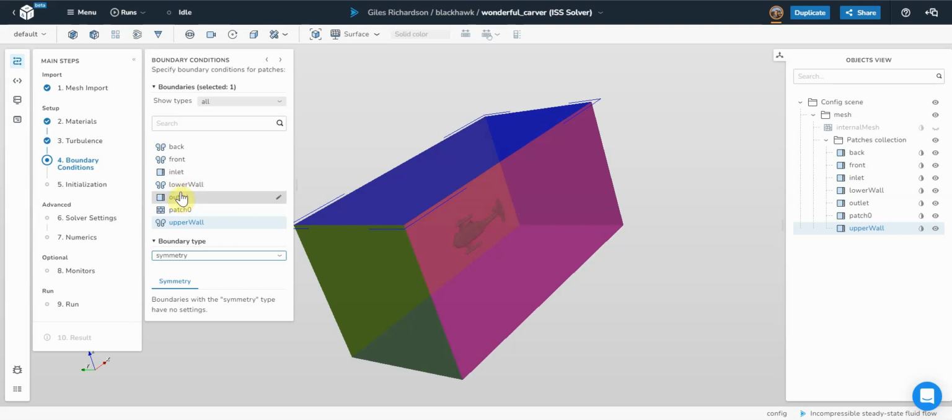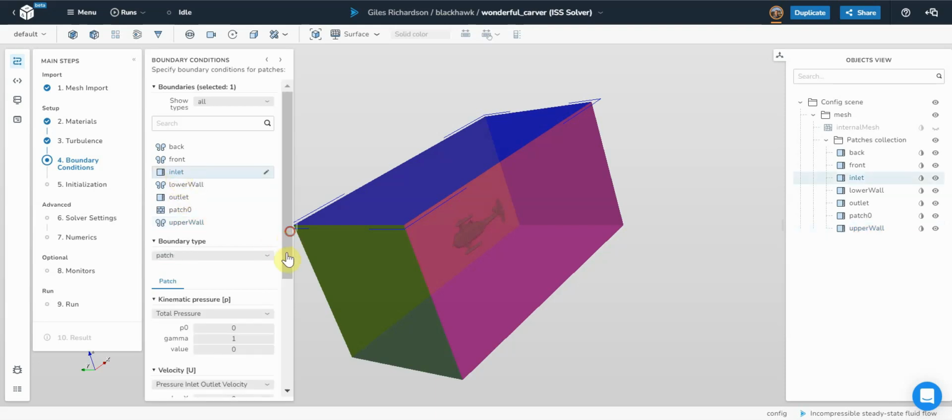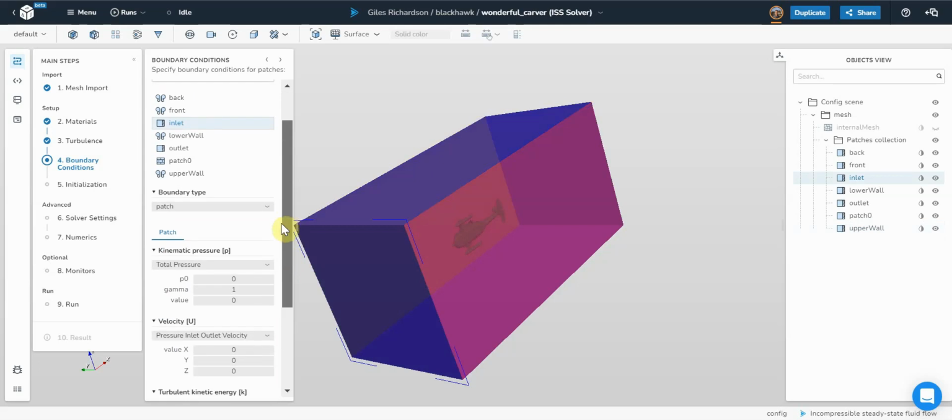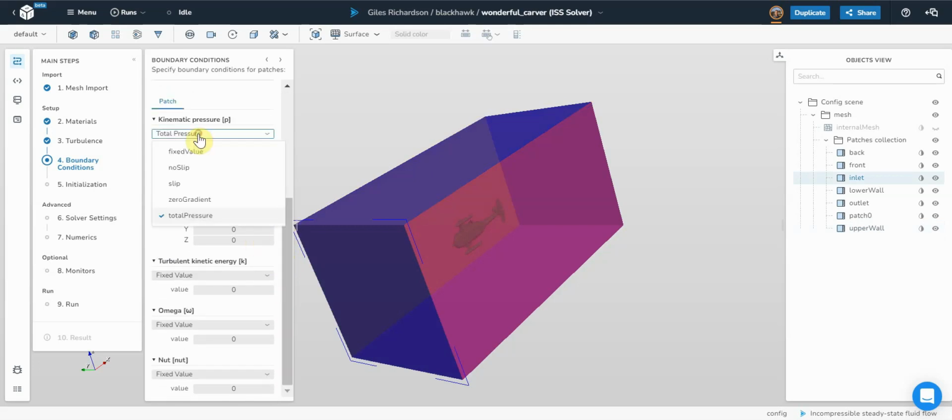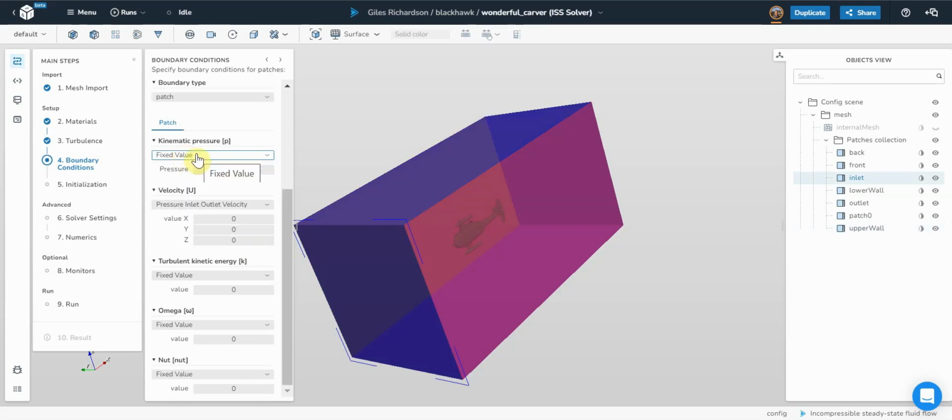So if I go first to the inlet, boundary type patch, I'm just going to select this as a velocity. So for the pressure, it wants to be 0 gradient. You have to be careful with these because it's quite easy to set them to the wrong value. For a velocity, we want a fixed value, so that could be, say, 100. I mean, that's probably a bit too high, but that's okay. So we've got a 0 gradient, we've got a fixed value, and then for the turbulence parameters,